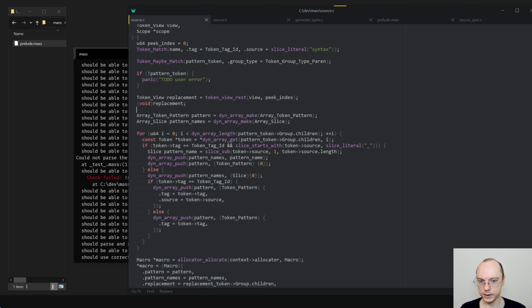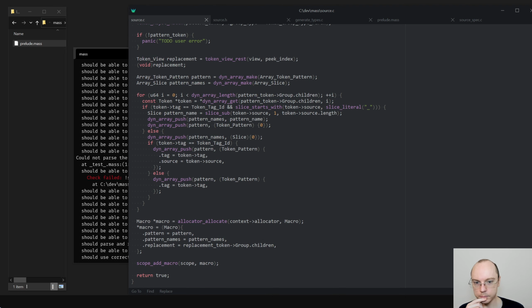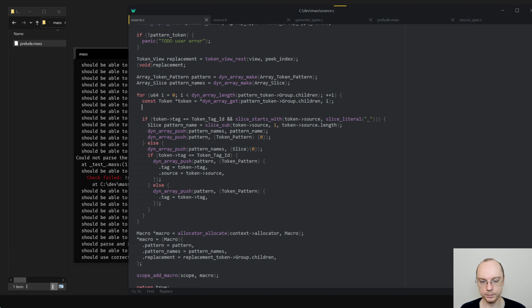Okay, let's just take this stuff. Pattern token group children. Token, yes. So this is where we will need to change the parser slightly and figure out what to do about that.